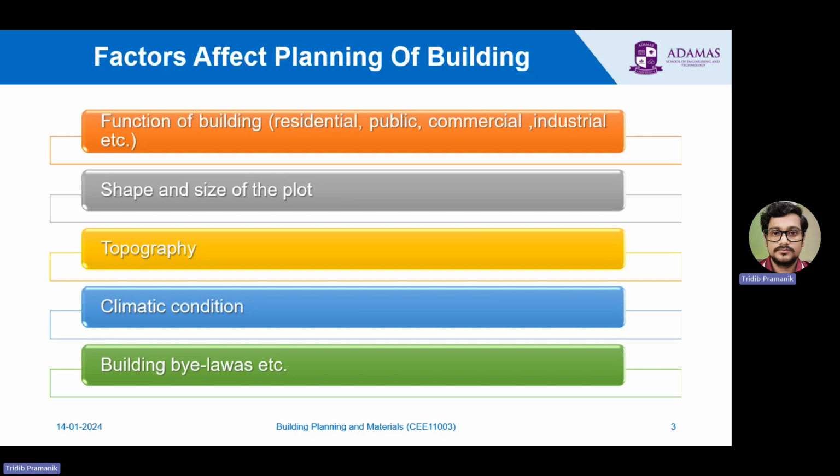Next is factors affecting planning of any building. Mainly there are 5 factors. That is the function of a building, meaning for which purpose we want to make this building, whether it is residential, public, commercial, industrial, etc. And then the shape and size of the plot. Already we have discussed in our first video lecture how the shape and size of the plot